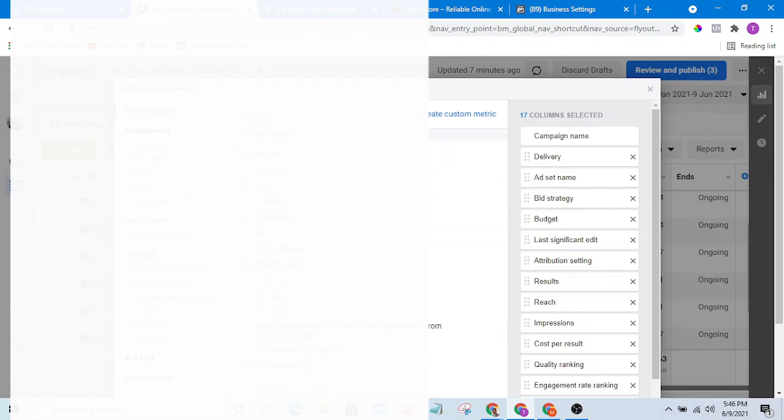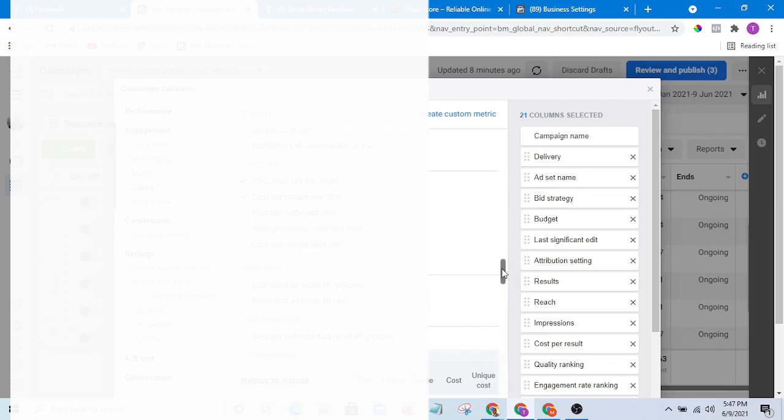Now if you want to know how many clicks you have, you simply click on this, check unique click, then scroll down and check cost per link click. With this you'll be able to know how much you are paying per click. Then you can also check this cost per unique click.